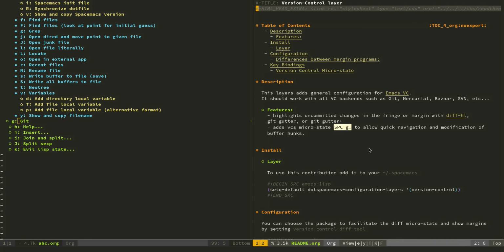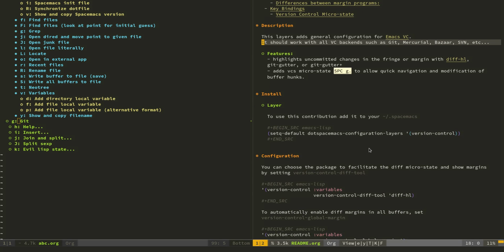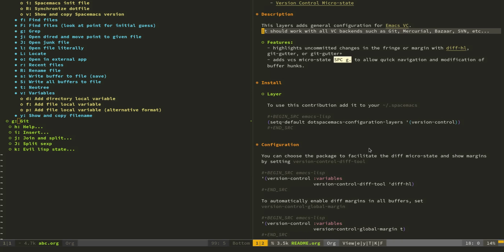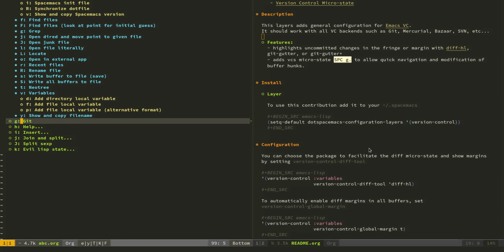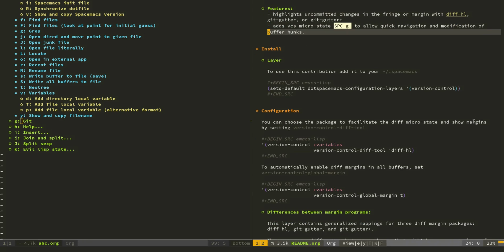documentation here. Yeah, it should work with all version control backends which are supported by the Emacs version control package. It now supports 3 different packages for providing these changes here on the right. So you see now that I've added a line here, there's a green plus. These 3 packages are called, let me see,